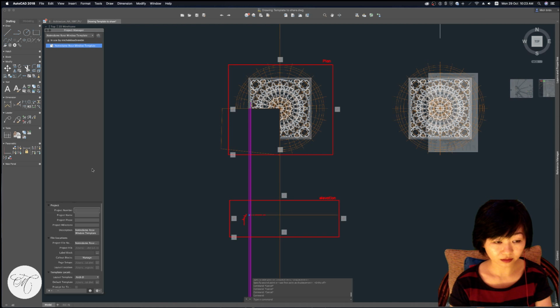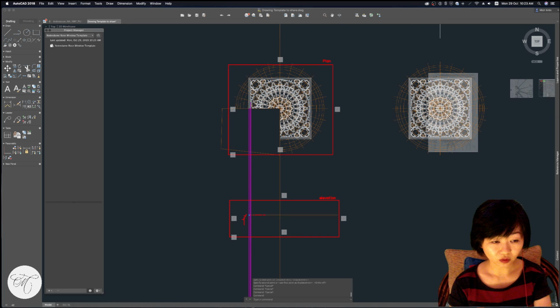So what Project Manager helps you with is you can update the project number, project name, project phase, all the information about the project in your